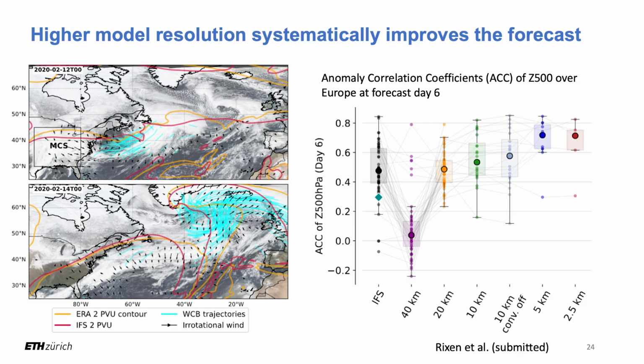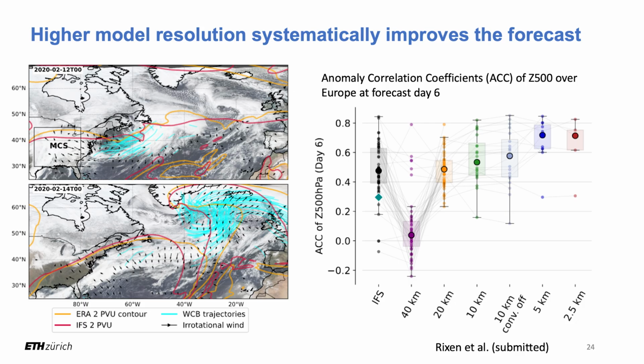And this really translates into how well you can forecast the storm. This is shown here in this anomaly correlation coefficient. The higher, the better. You can see we start off, this was the forecast bust, so quite low skill scores. 40 kilometers really doesn't do a good job. With a 40 kilometer model, you cannot simulate this situation very well, but if you go to 20, you get a good improvement. 10 kilometers is actually outperforming the IFS model, and then starting with 5 and 2.5 kilometers, we simulate this cyclone much better compared to traditional weather forecasts.